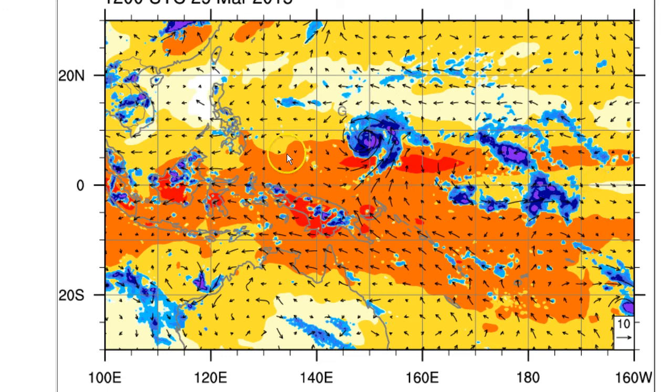There has been a massive westerly wind burst that's been blowing since about the second week in January. It really peaked out in early March, around the 10th or so. Extremely strong, full reversal of trades, 25-knot westerly winds in this region. Very rare. Same thing happened last year, same time. That was the setup for the Modoki El Nino currently in flight, and what we believe is a change in